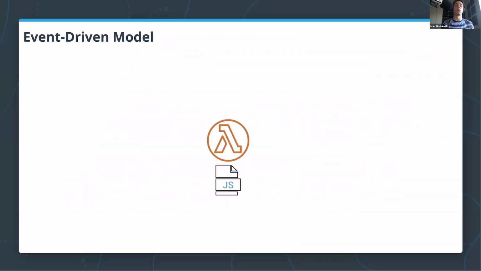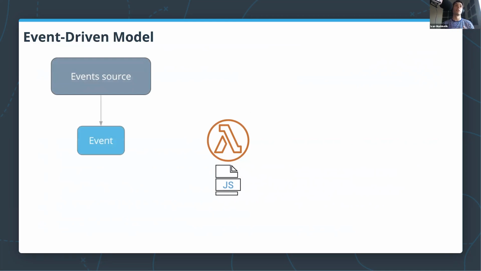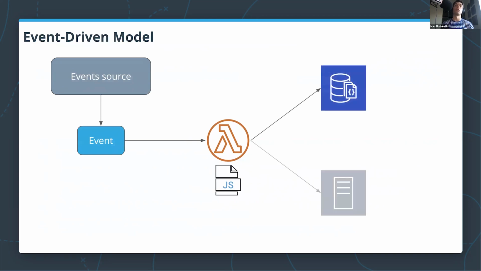Now, here is how that works. To use a function as a service option, we would first have to upload our function to the cloud platform, create a function, and then we would have to define an event source and specify when our function should be called. Now, when this event source generates an event, and we will talk about what sort of events we can have in this sort of model, this event is passed to our function, and the function can execute its logic. When it processes this event, it can use external resources such as databases, it can call other services, and so on.